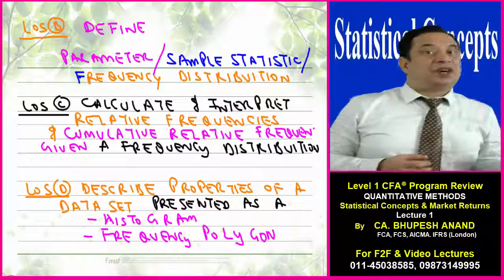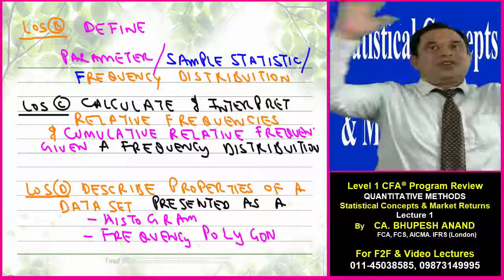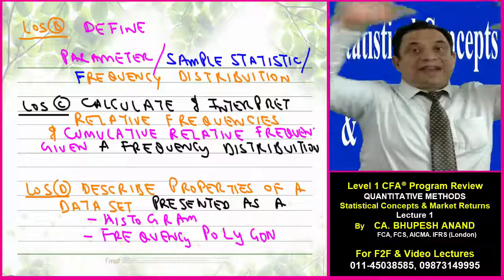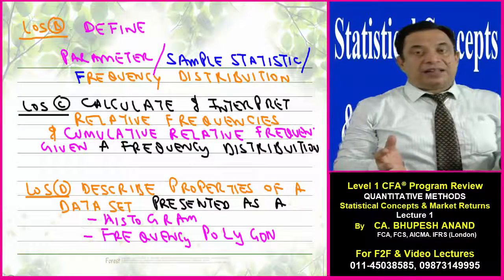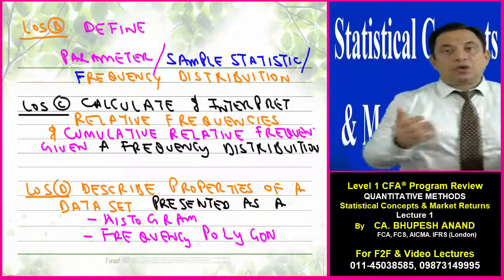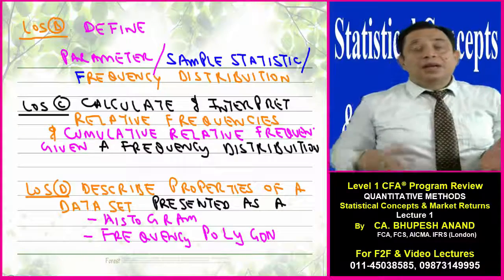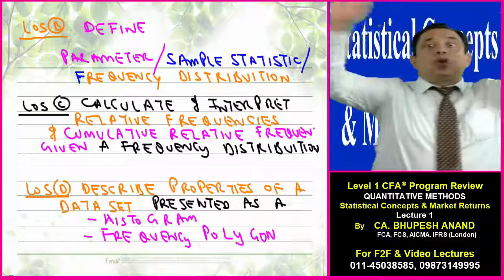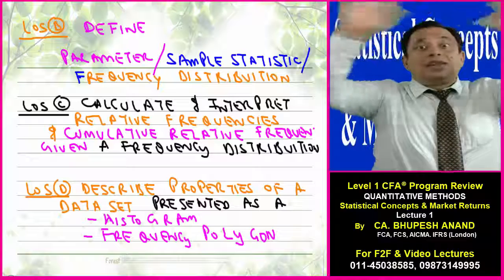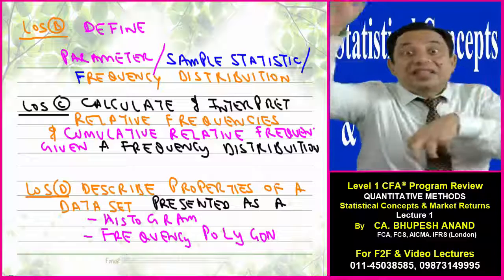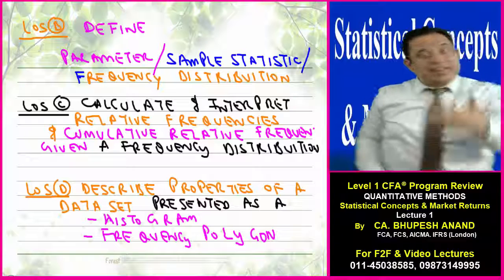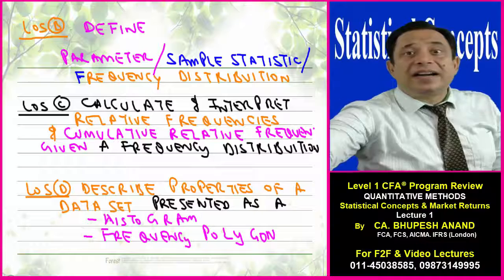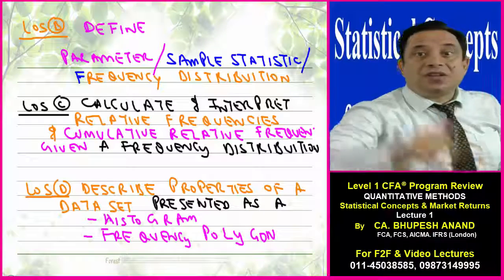Parameter is a feature of a population. Now, there is a population. When I say population, we take into account all the members of that population, that data. For example, if I want to calculate the return of a company, or the movement in the return in the stock market, and I take into account all the prices, all the variation of all the companies which are listed in that exchange, I will say that is a population. But if I only take those companies which are listed in a particular index, which is a representative of that population, that is a sample.